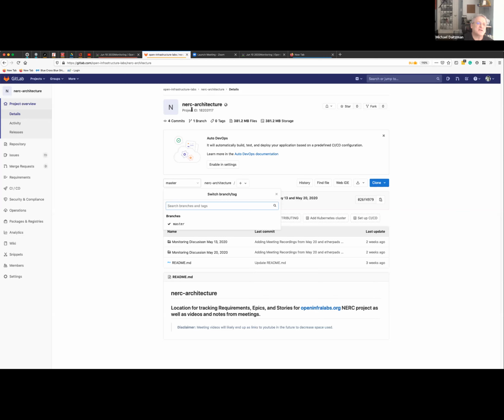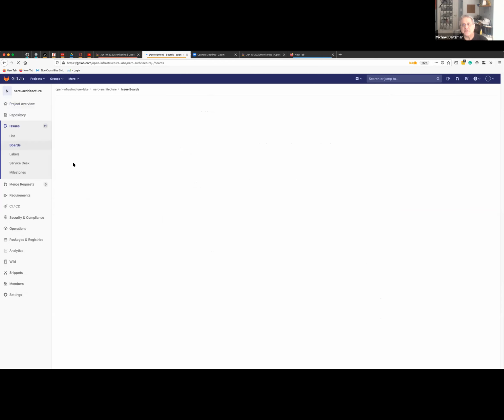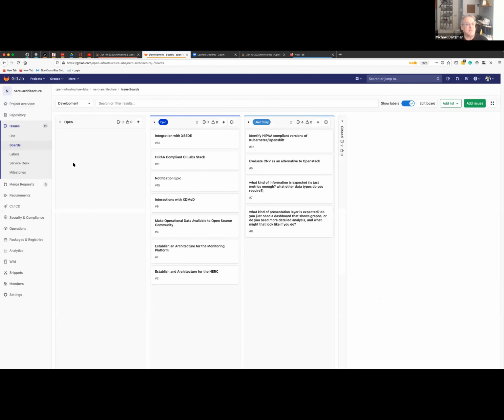So NERC architecture is the place that we've been using within GitLab to work on the epics and stories that we're trying to implement. And the epics and the user stories at this point are generally one-liners.